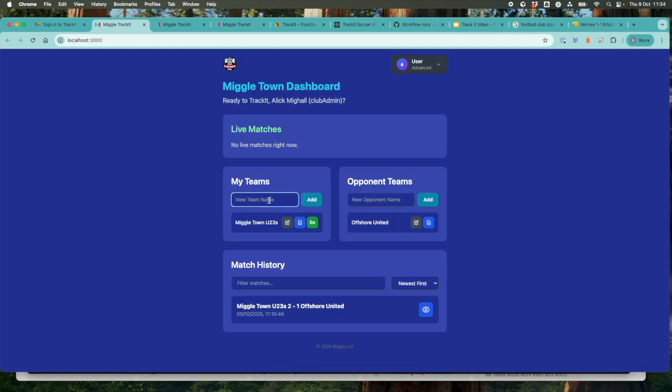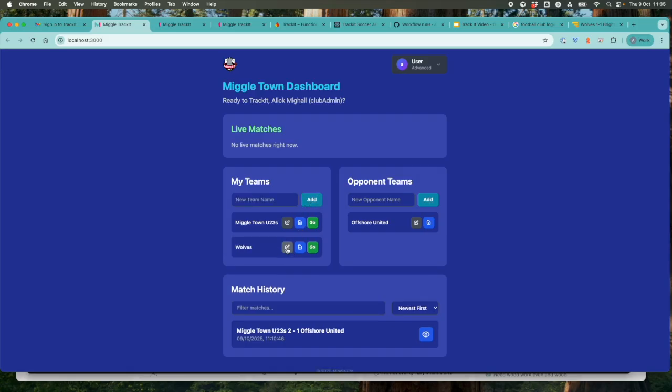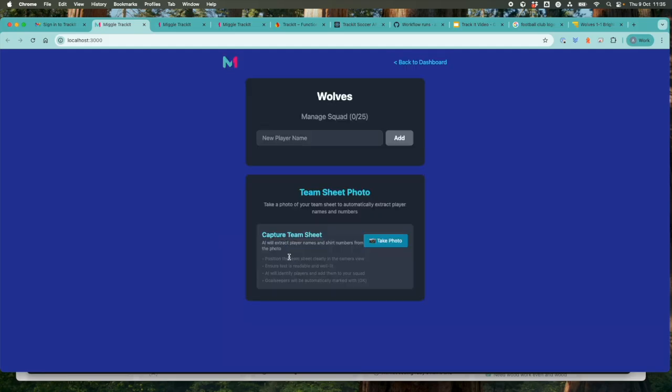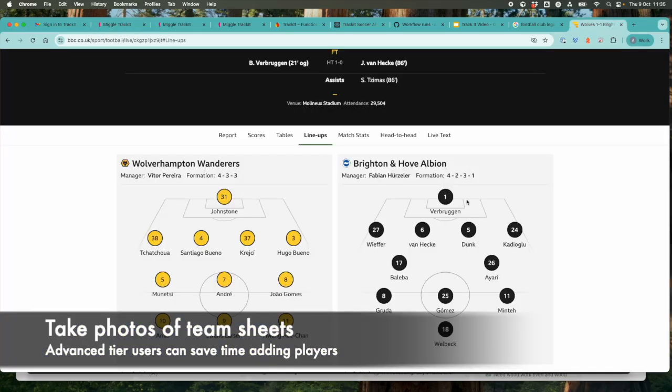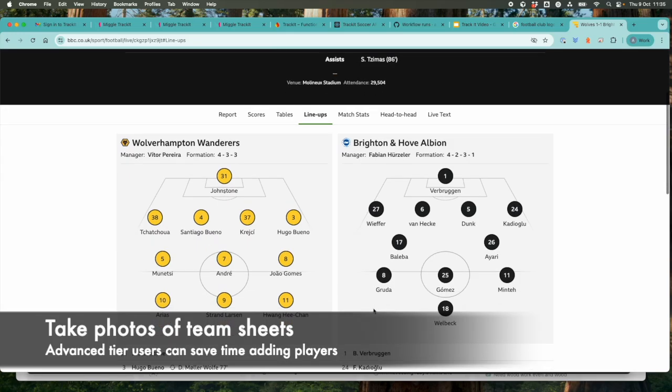So what I'm going to do now is add a new team. So let me add Wolves, and let's go in and add the Wolves players. And actually, rather than add them in manually, what I want to be able to do is capture them from a team sheet. So let's go and have a look at Wolves' recent game against Brighton, and here's their team